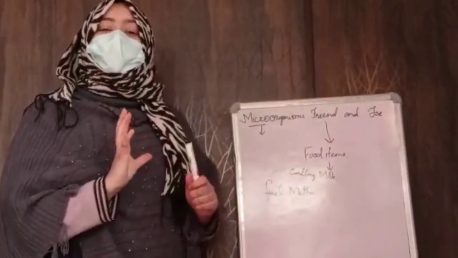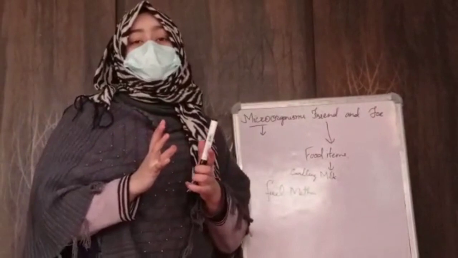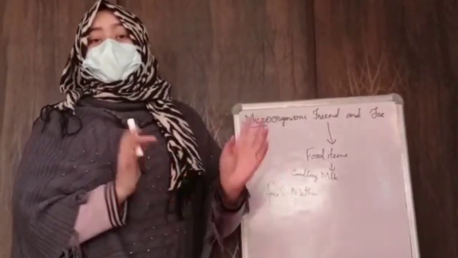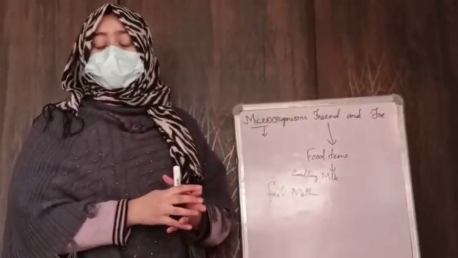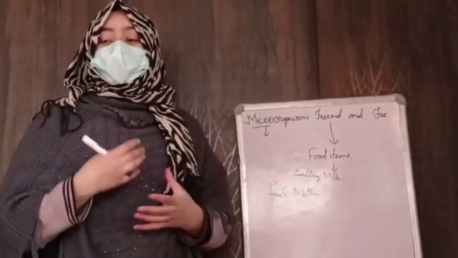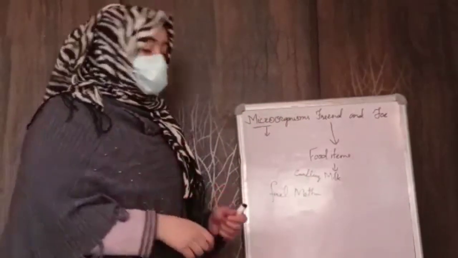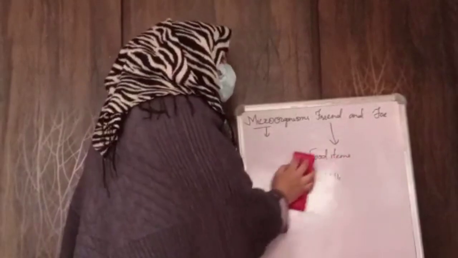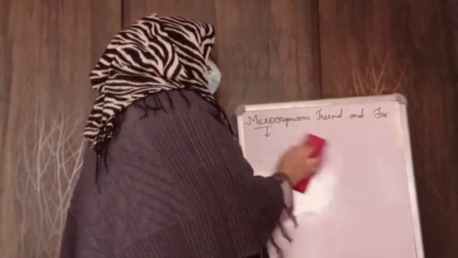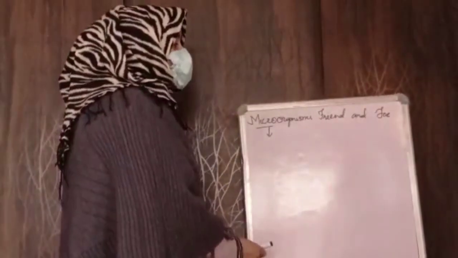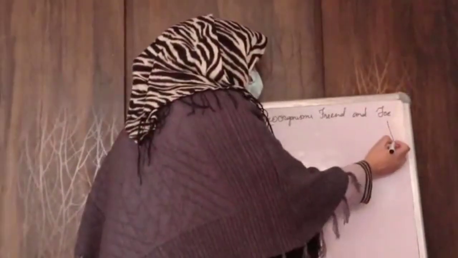And the most important thing, they help in nitrogen fixation, because that is very important. Rhizobium and blue-green algae also help in nitrogen fixation, and it protects our environment and reduces pollution. Now these are the situations where they are really useful to us, but sometimes they also cause many diseases, where they become our foe.